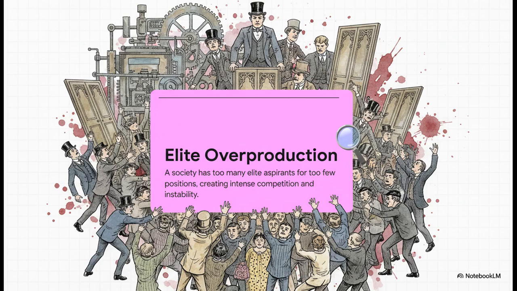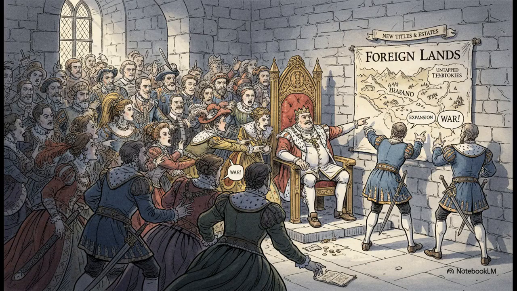But pressure for war doesn't just come from the bottom up because of hunger. Oh no, it also comes from the top down because of ambition. This brings us to the idea of elite overproduction. Basically, it's what happens when your society is churning out way more qualified, ambitious elites than there are high-status jobs for them to fill. And this leads to our next rule.